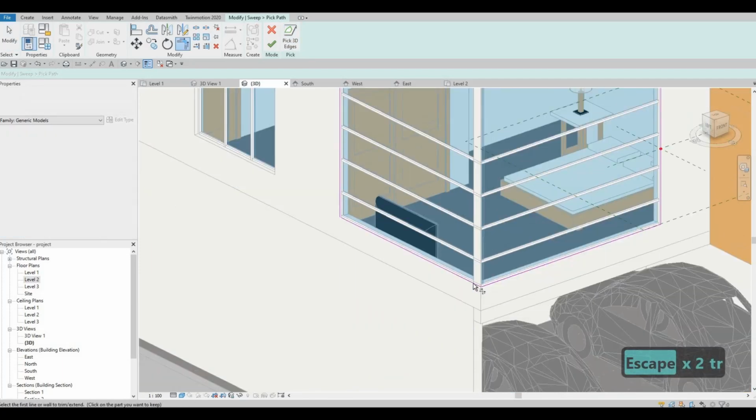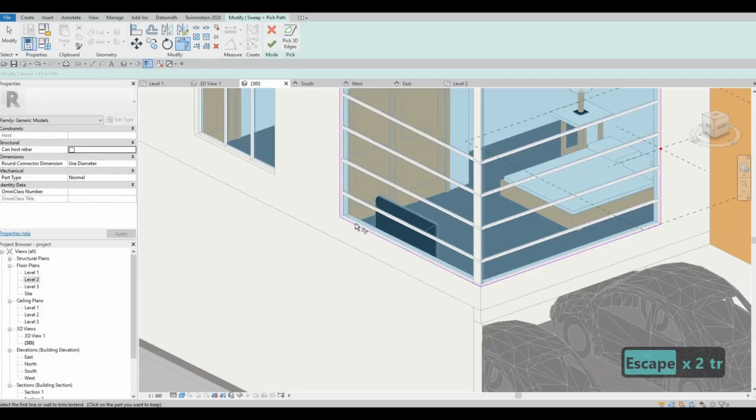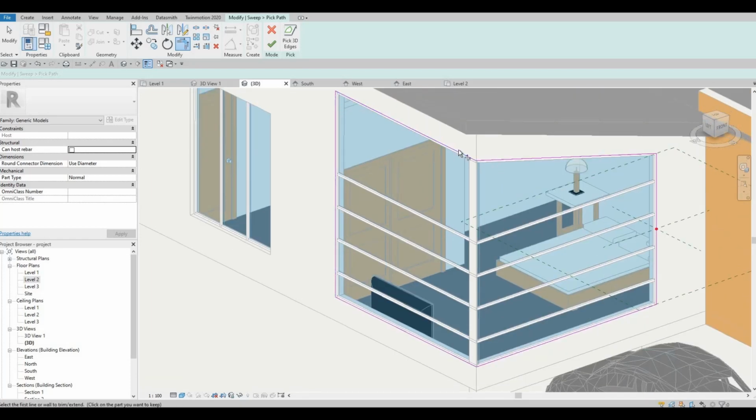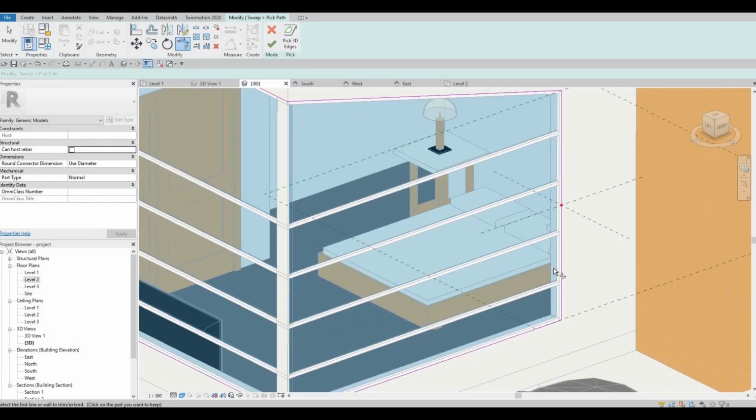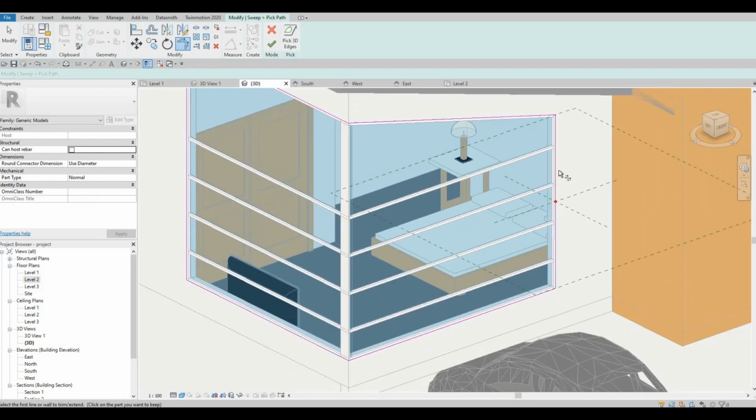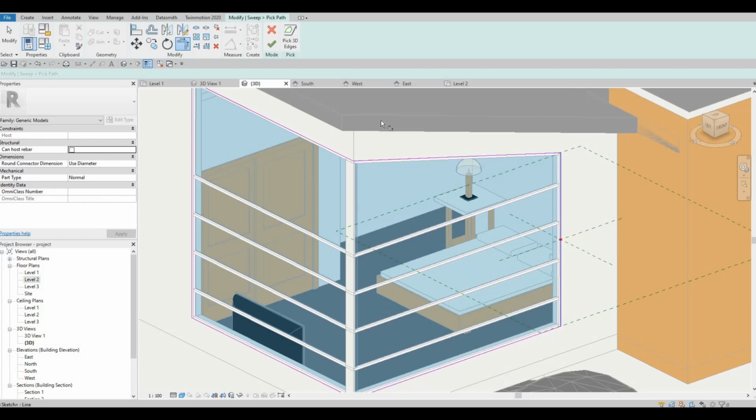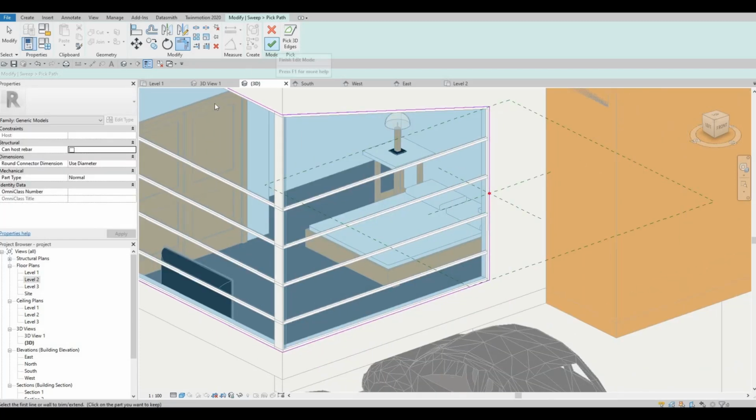And then now let's trim and extend any corners. We want to make sure that everything is connected, or else it's not going to work. So click on finish,